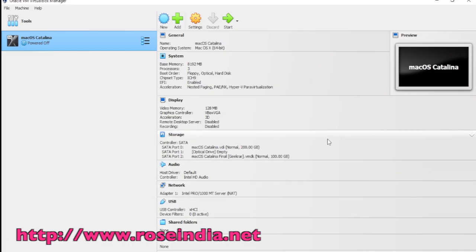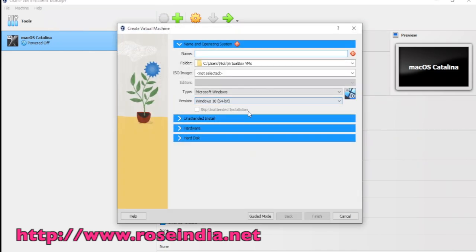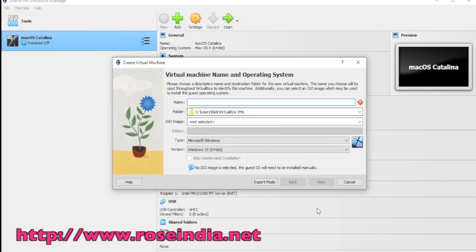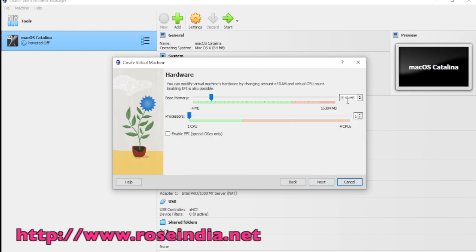Next, you have to start the Oracle VirtualBox and click on New and go to the expert mode. Type Ubuntu 24.04.1 and click next. Then I am going to increase the RAM to